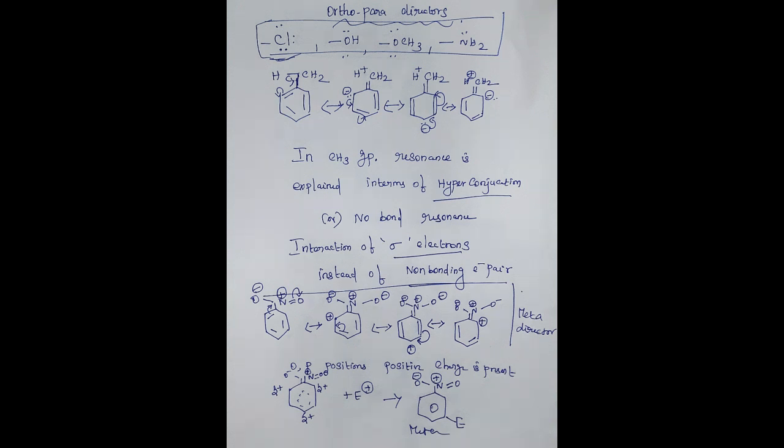The electronegativity of oxygen is higher than that of nitrogen, so it attracts electrons. So it pulls electrons from the benzene ring. Because of this reason, the benzene ring is deactivated. So when you see the resonating structures of this,